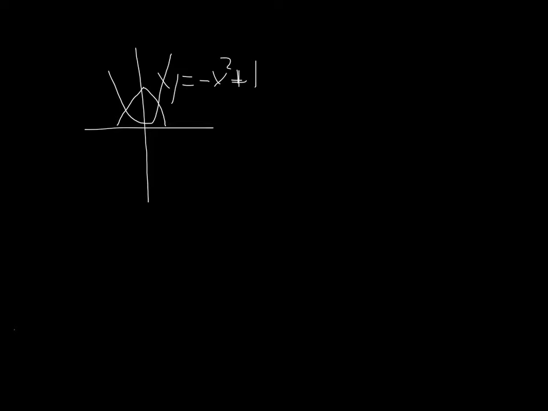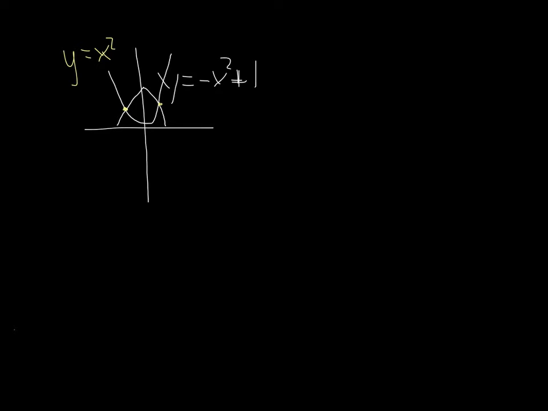When you are finding the area between two curves, let's say that we have a curve, a parabola, y equals negative x squared plus 1. And we want to find the area bounded between that curve and our other curve, y equals x squared. So we would find the point of intersection where those two intersect,